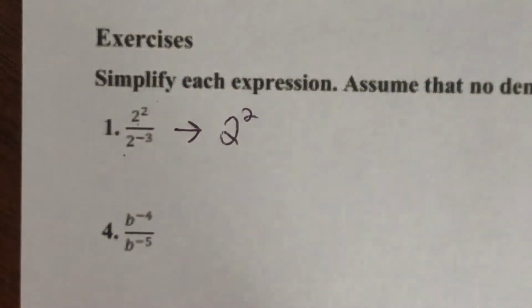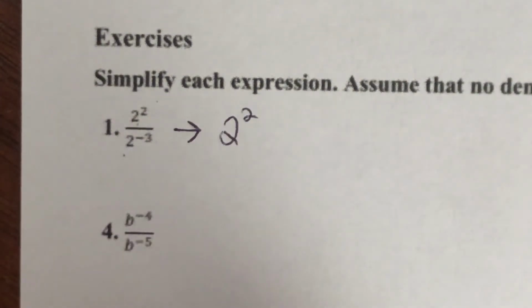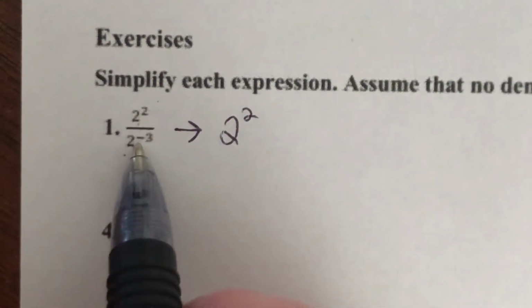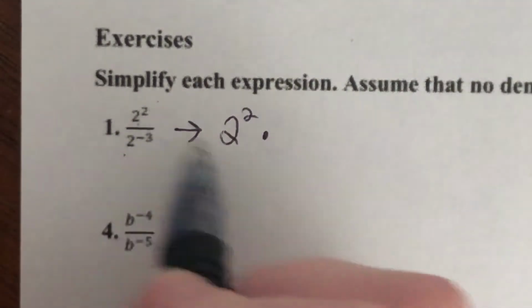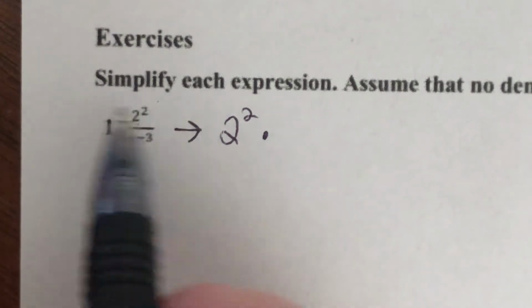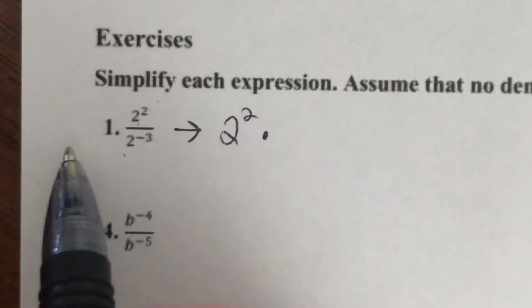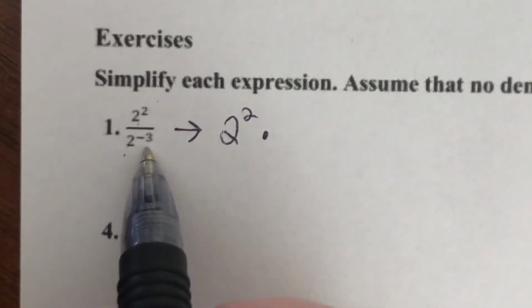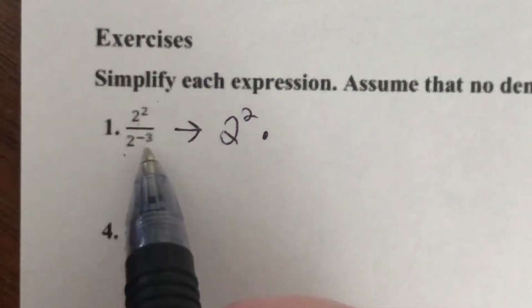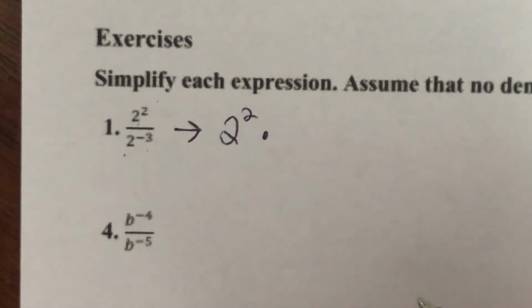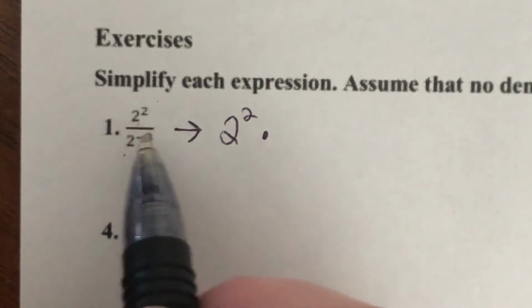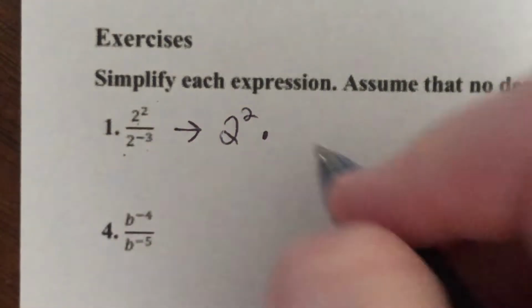The first way you want to think of it is, all right, 2 squared is in the right spot, but 2 to the negative third is not. So we want to bring this up to the top floor. And everything side to side is being multiplied. So if it's on the top, it's getting multiplied together. If it's on the bottom, it's getting multiplied. If we move something from the top to the bottom or the bottom to the top, we're going to multiply it by whatever's left. Okay, so this 2 to the negative third is going to come up to the top,